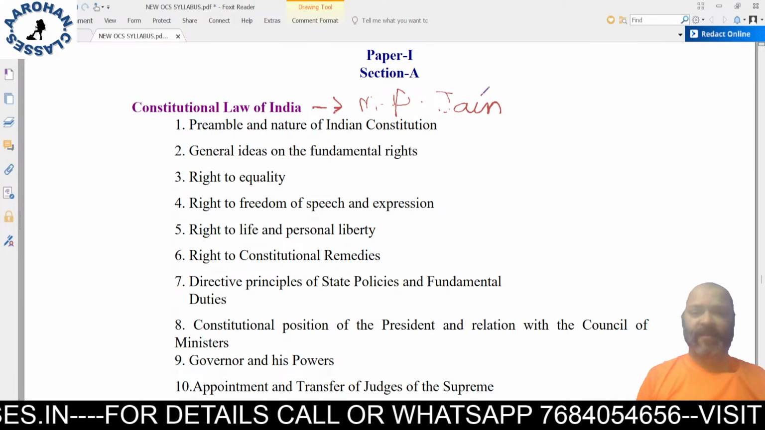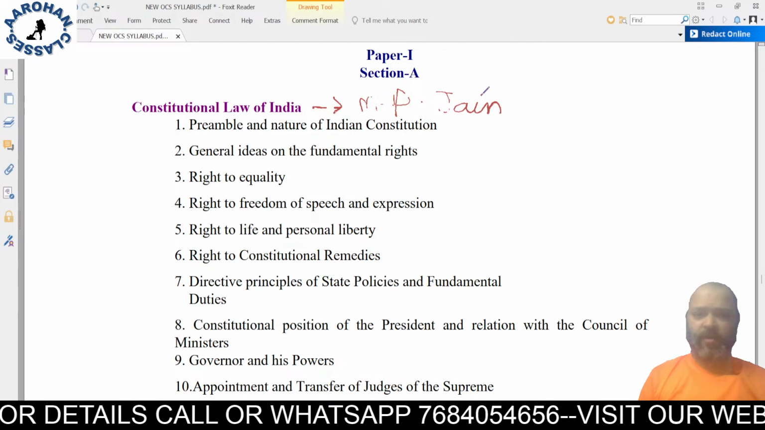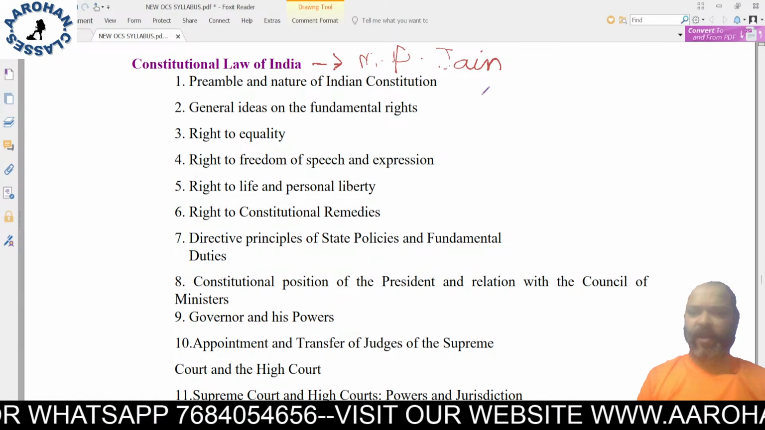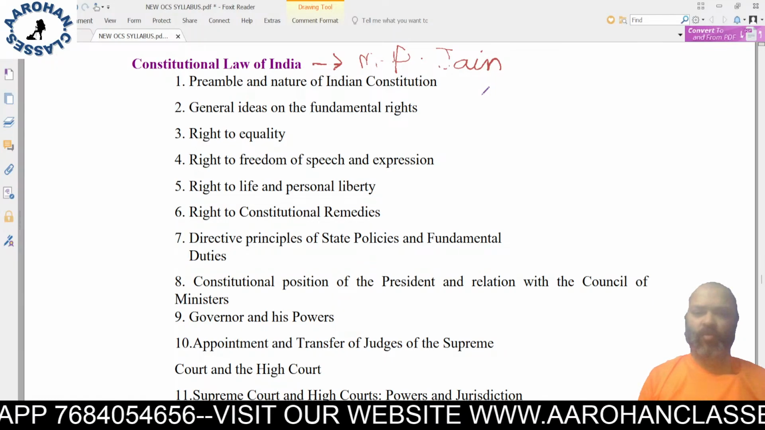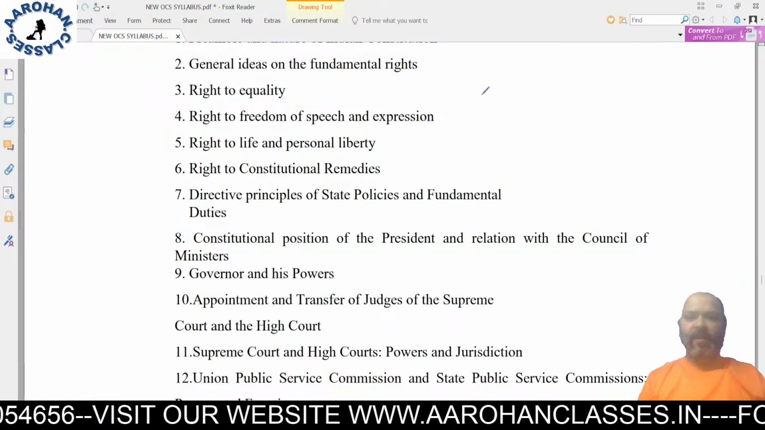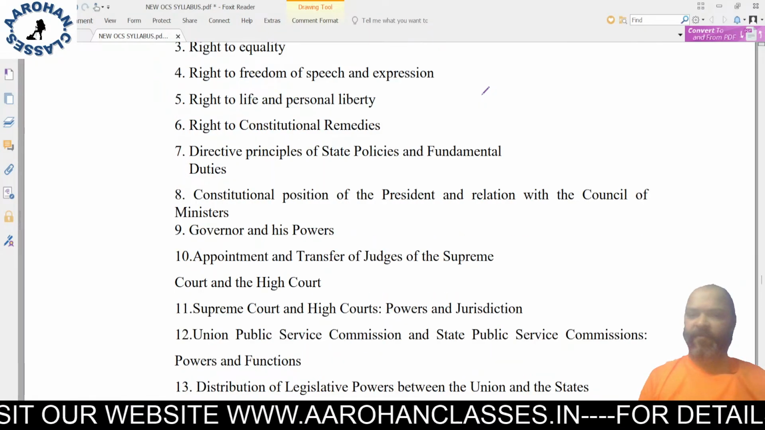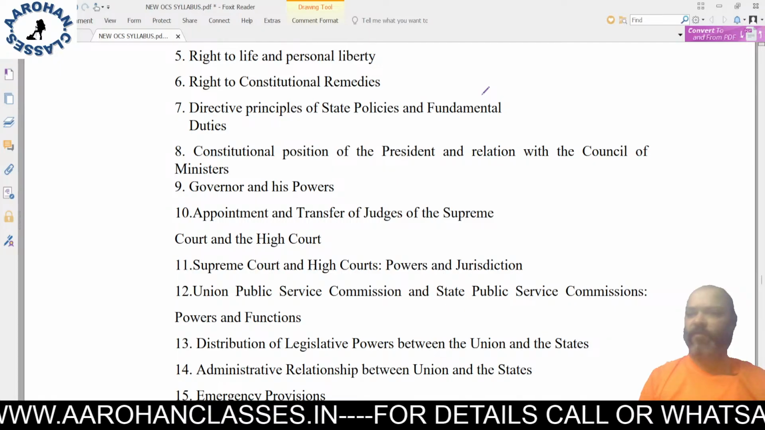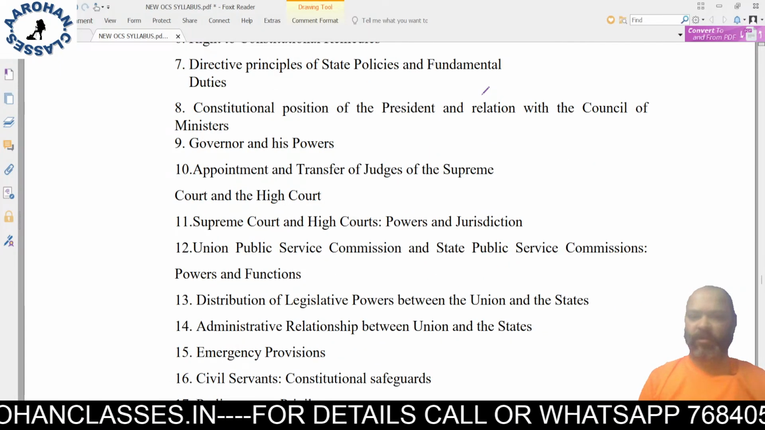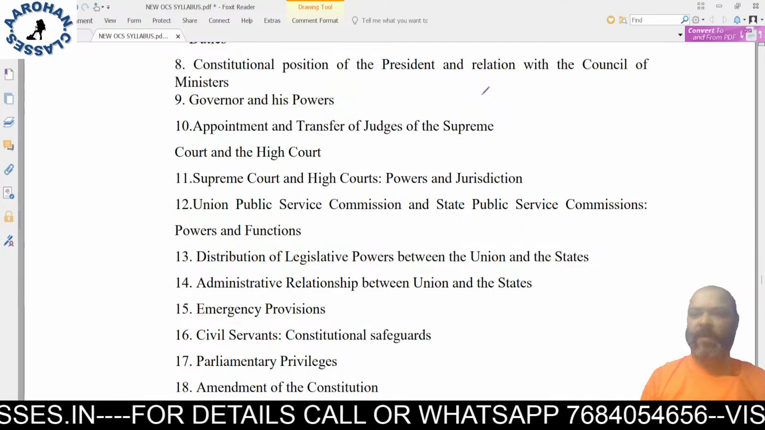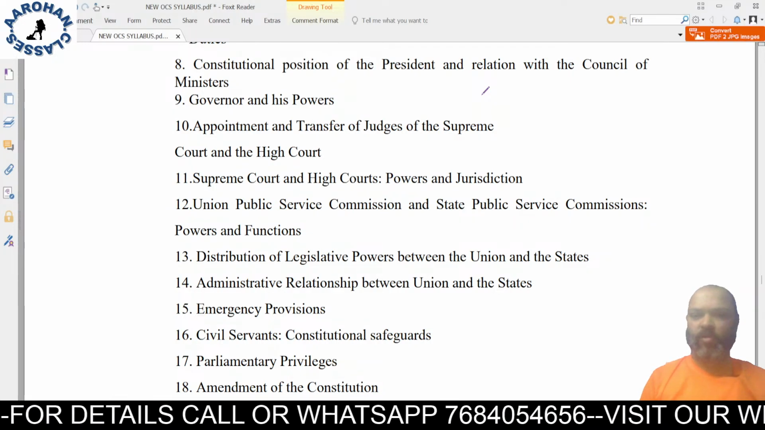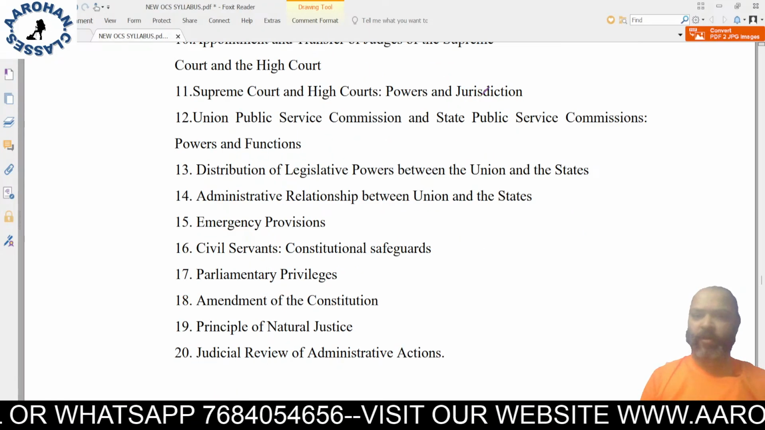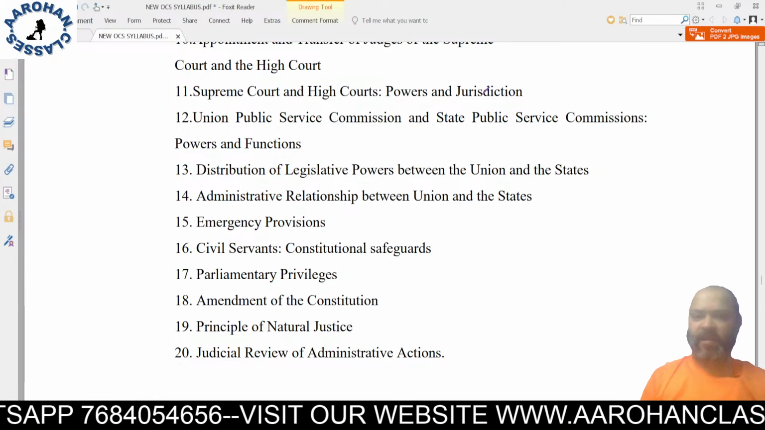So what is there in the syllabus? Preamble and nature of the Indian Constitution, general ideas on fundamental rights, right to equality, right to freedom of speech and expression, right to life and personal liberty, right to constitutional remedies, directive principles of state policy and fundamental duties, constitutional provisions of the President and the relation with Council of Ministers, Governor and his powers, appointment and transfer of judges of Supreme Court and High Court, Supreme Court and High Court power and jurisdiction, Union Public Service Commission and State Public Service Commissions power and functions,